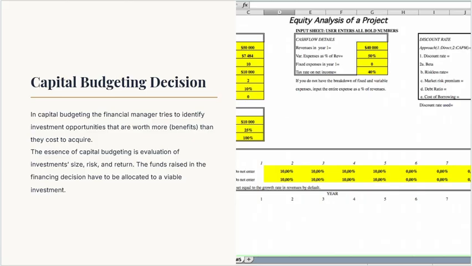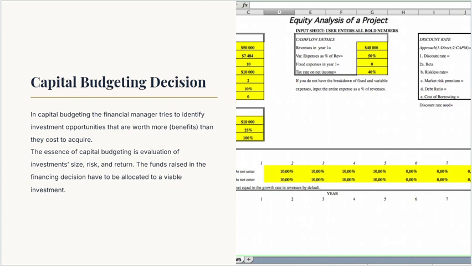And you realize that a business will have various investment options available, but the money available to be invested is in most cases limited. So we must select the best investments for us to commit our money into.